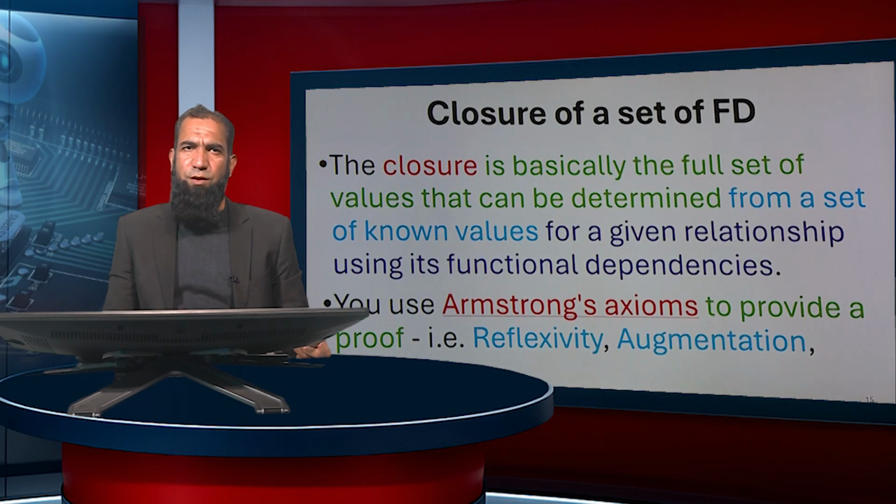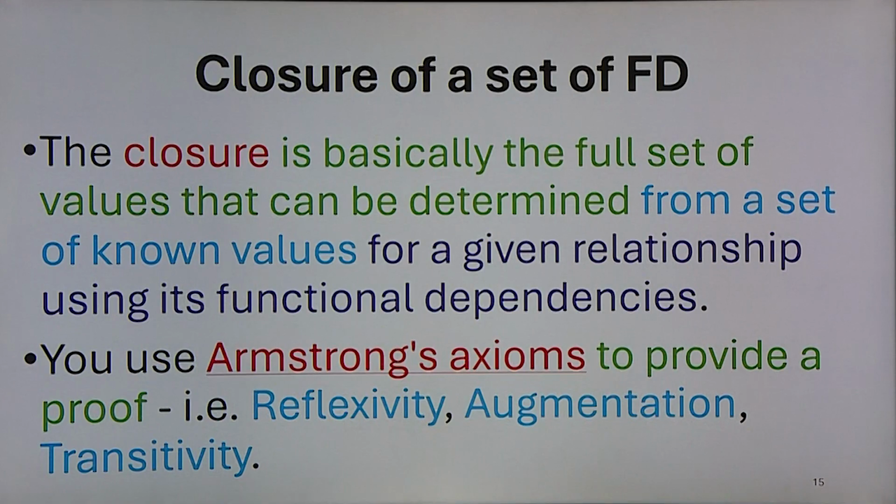Now we have learned how functional dependencies work and how to infer new ones using Armstrong's axioms. Let's talk about a very important concept, the closure of a set of functional dependencies. The closure can be thought of as the complete set of attributes or dependencies that can be determined based on what we already know. In simpler terms, closure tells us everything that can be logically derived from a given set